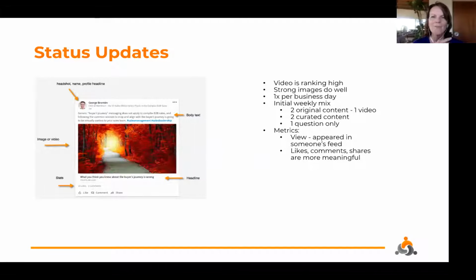Now, the images, of course, have to have something to do with the status update. You don't want to just put a picture of a puppy in there because it's cute, but it can be really useful. We recommend starting off by posting one status update per business day if you can. We don't see any reason for doing more than that unless you're really trying to capture market through